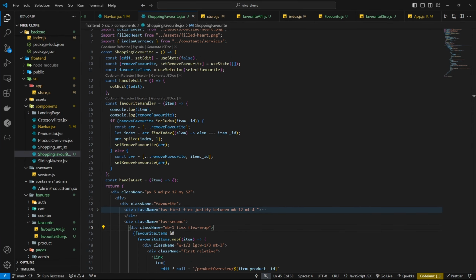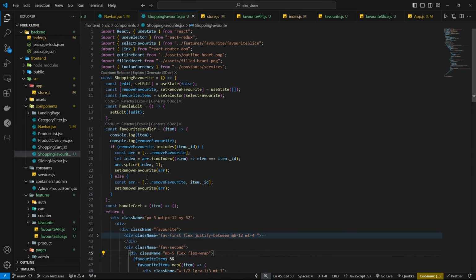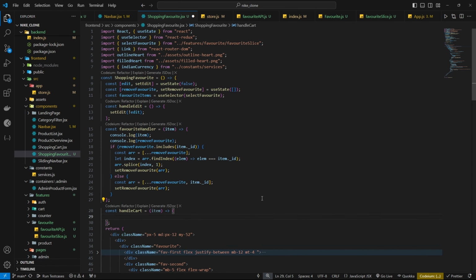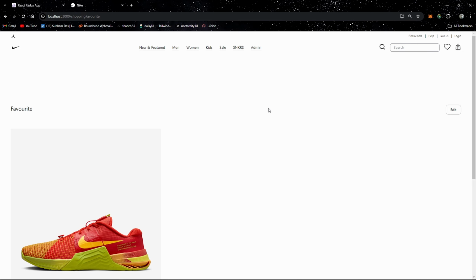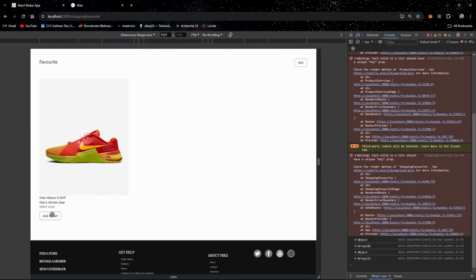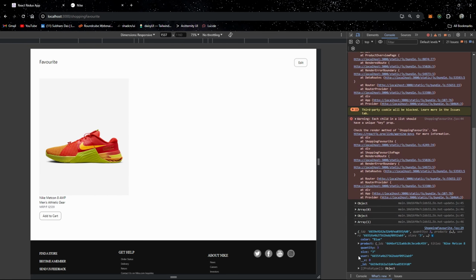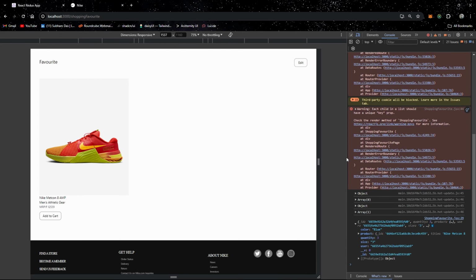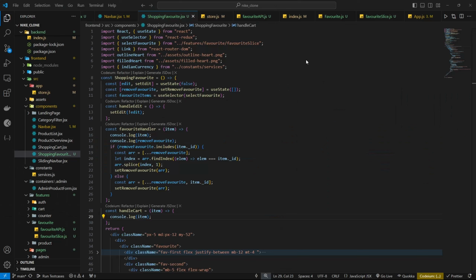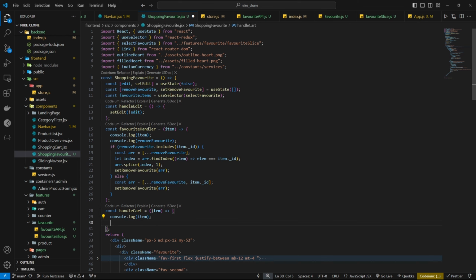First, let's make the handle cart. So first let's make the handle cart to add the product. Console log the item once so that you can be sure that the item is coming. If I click on add to cart, you can see the item up here. Nice. And now we can